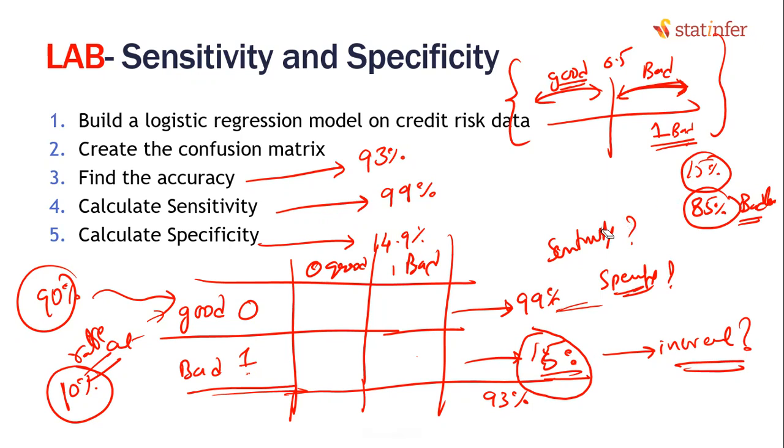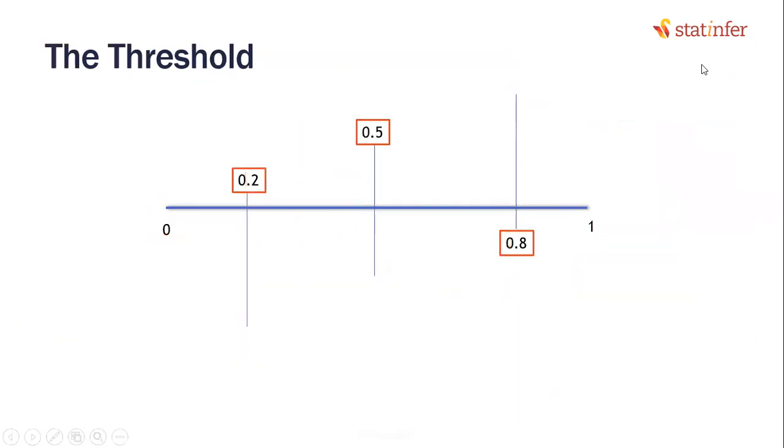Now we have this situation. Can we go ahead like this? 85% bad loans. This is a bad situation. How do you capture bad customers is the question. I'm capturing only 15% of bad customers. Is there a way to capture more bad customers is the question. So instead of calling anybody more than 50% as bad, let us suppose, instead of bad, think of class 1 as there is a bomb in the car. You're predicting it. 0 means there is no bomb in the car. Until now, we are saying only with more than 50% probability will I classify that car as a bomb.